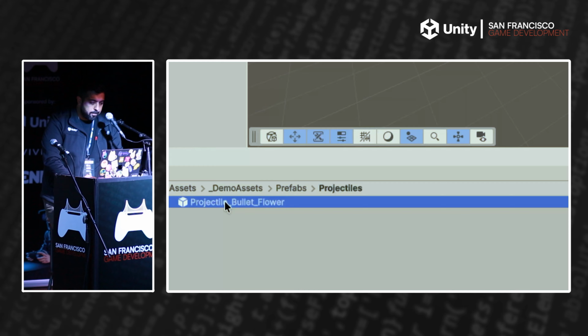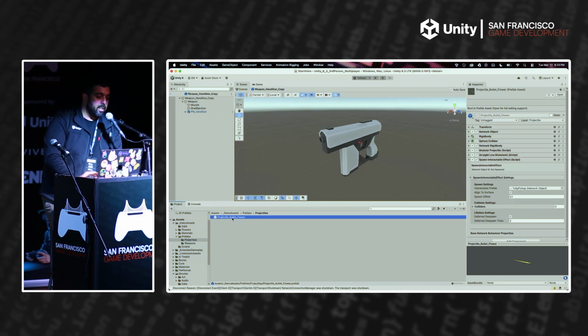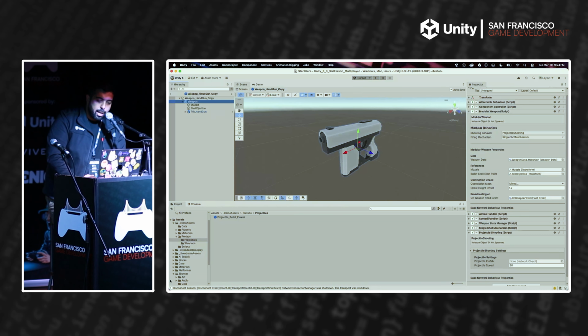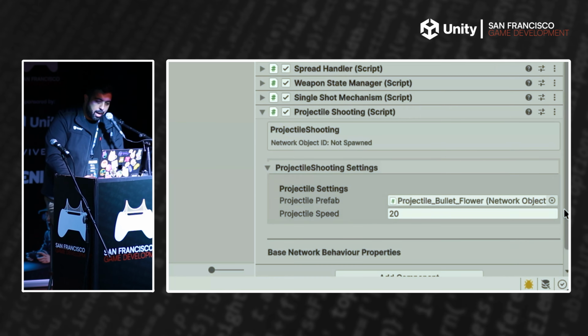If we start the host like we've been doing all this time, all well and good. Now let's do the opposite. Let's join an existing session. So let's join a client, and we see, okay, we have our characters and we have synchronized our movement. However,